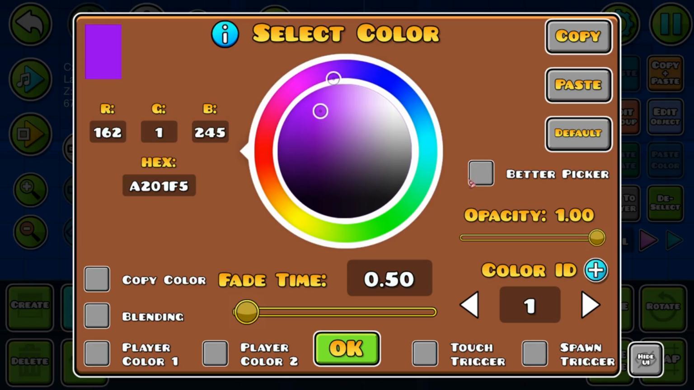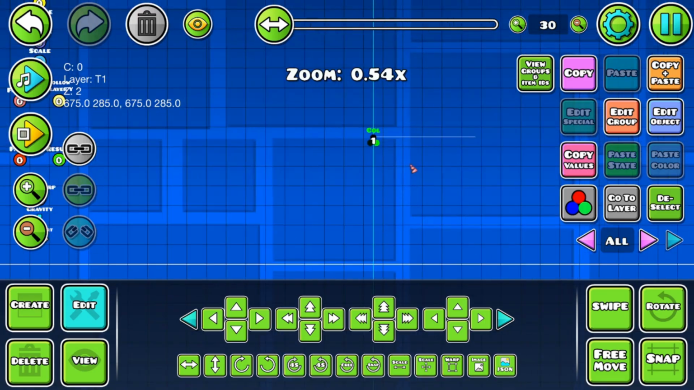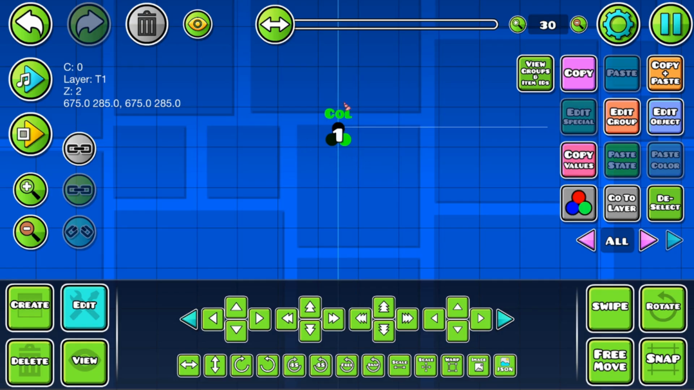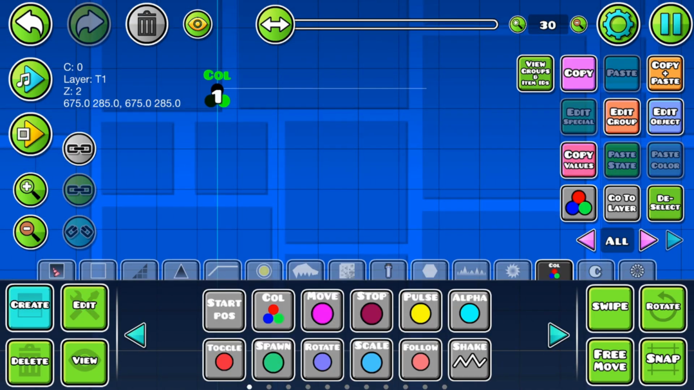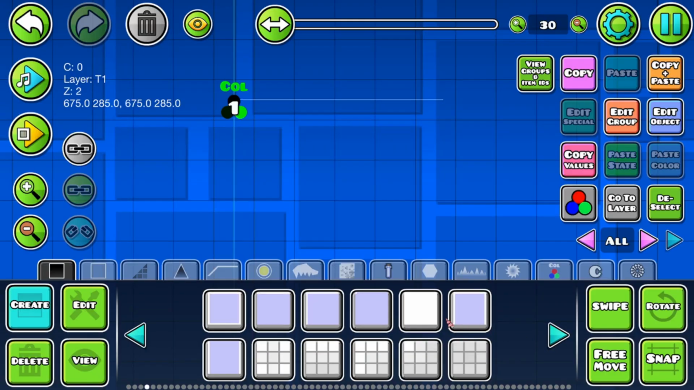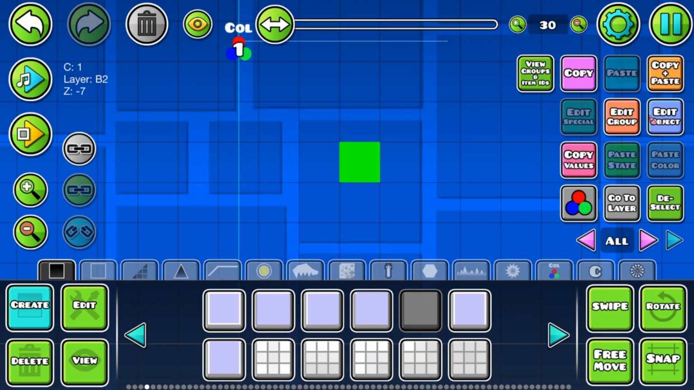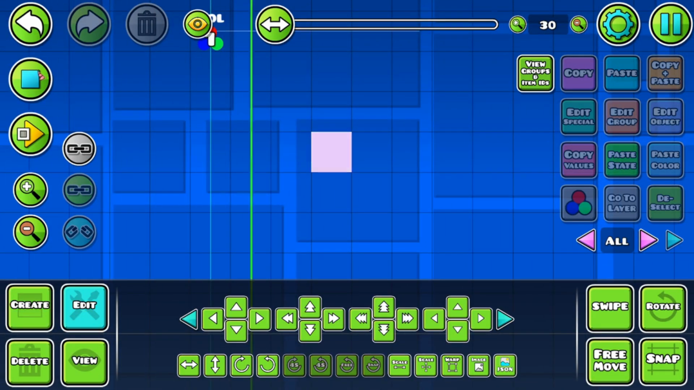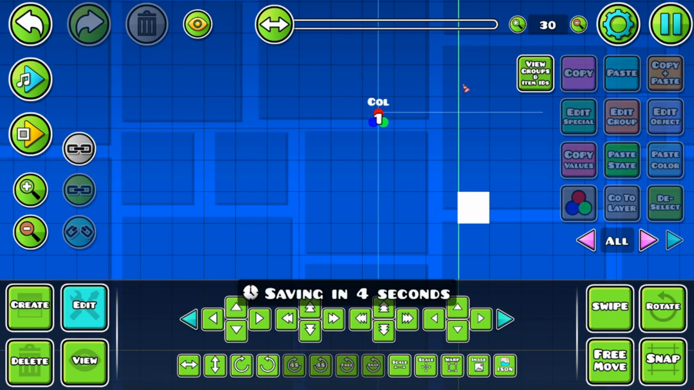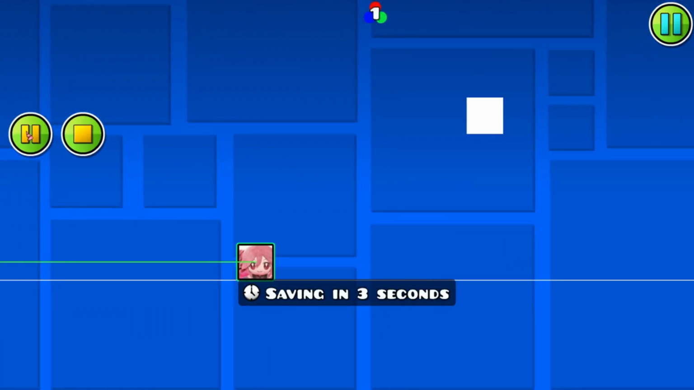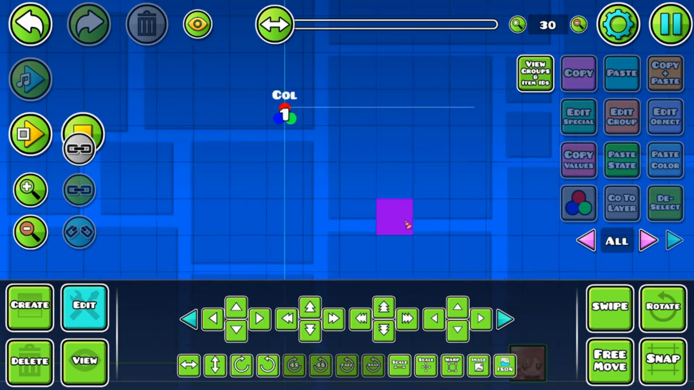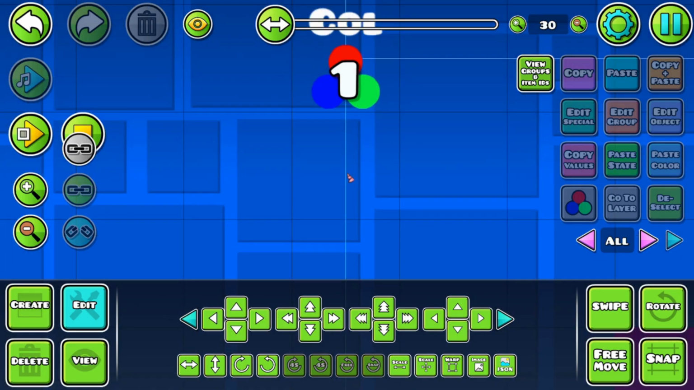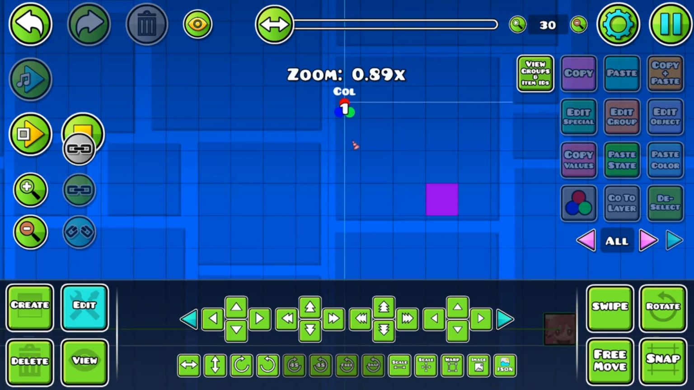Now, over here we can see a few options. Let's start with fade time. Fade time, it's basically in the name. So here we're affecting color channel 1. So if we take a color block and we put it on channel 1, we can see that as soon as the green line or the player goes through the middle of the trigger, which is this blue line, it's the activation line,